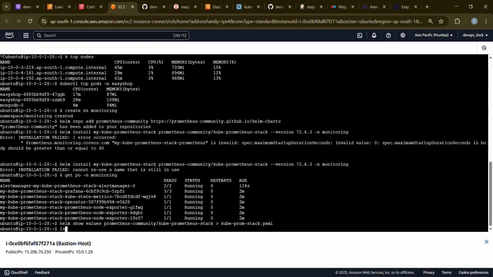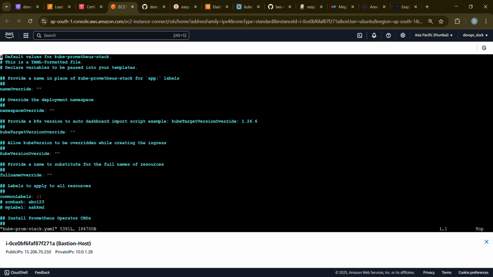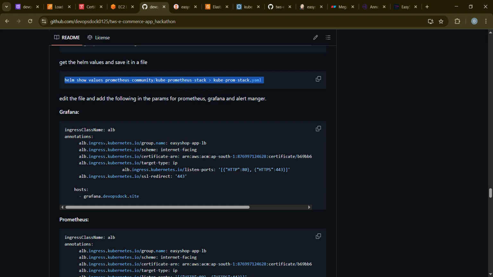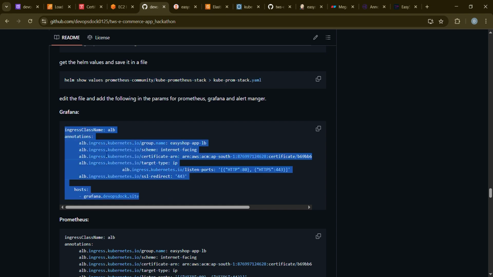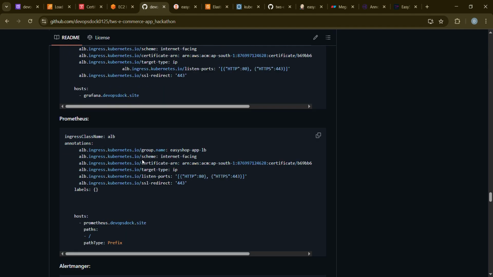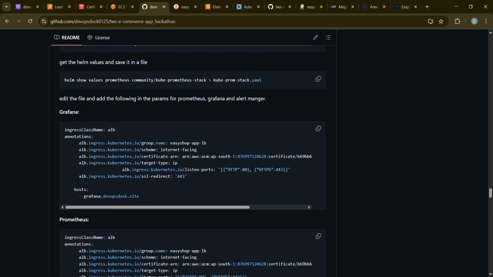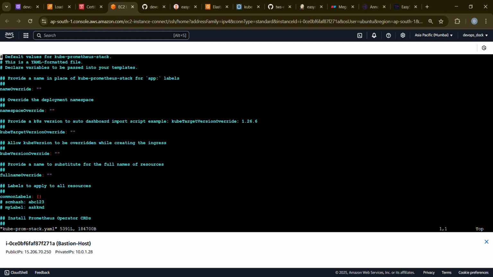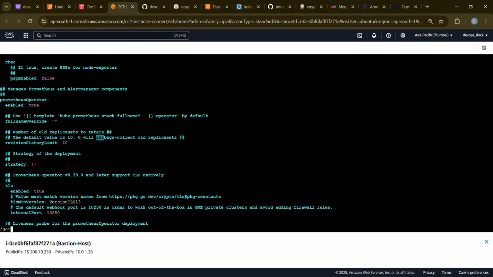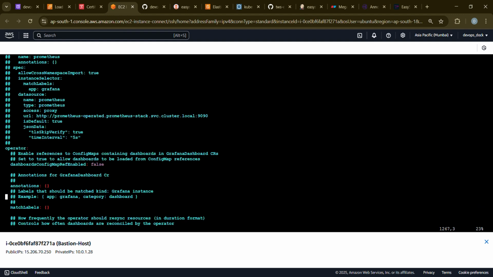Now view that file, and for Grafana we'll be using this, Prometheus, this, Alertmanager, this. Okay, all right, so we'll do one by one. Let's go to Grafana section. Let's go to the ingress part. So operator,